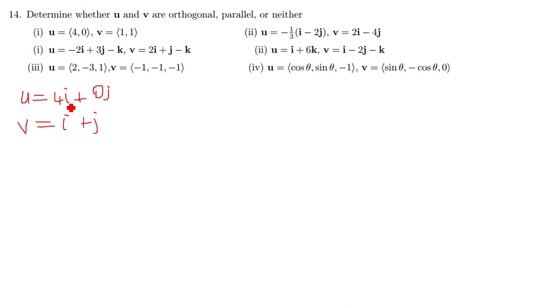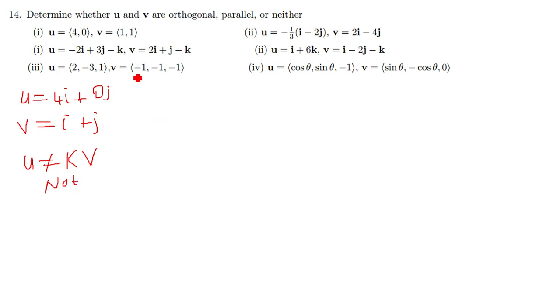So is there a number that we can multiply V by to get U, or a number that we can multiply U by to get V? If that is not possible, then we conclude by saying U is not equal to K V,